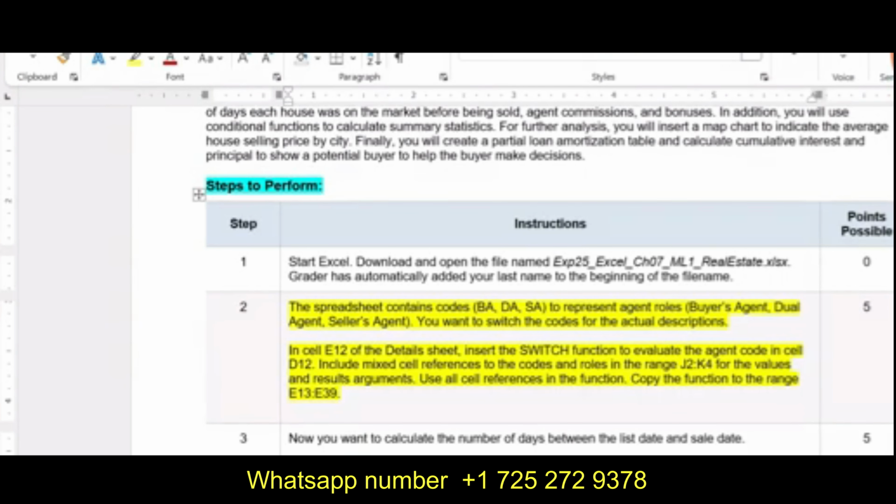Include mixed cell references to codes and results in the range J2 up to K4 for the values and results arguments. Use all cell references in the function. Copy the function to the range E13 up to E39.